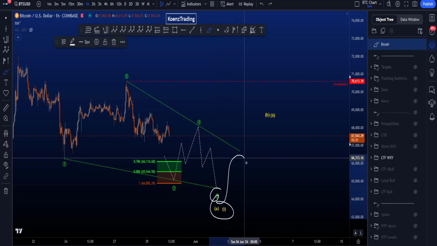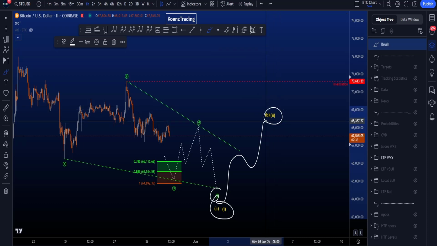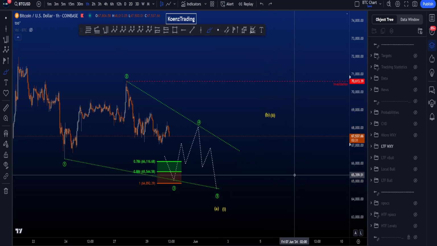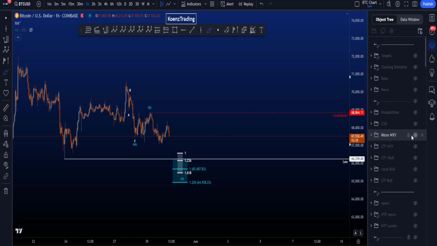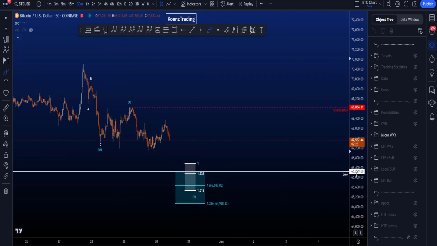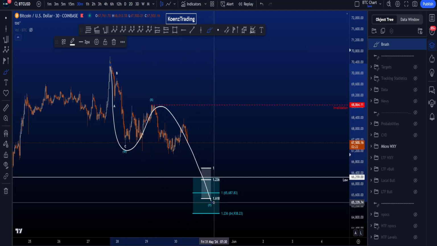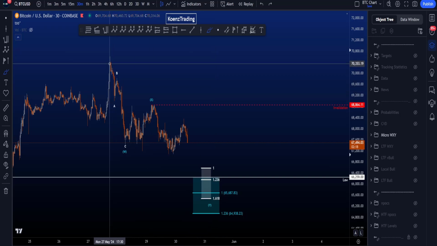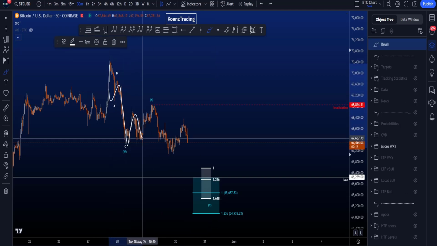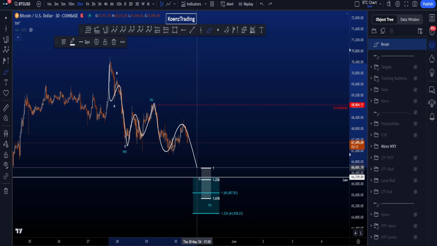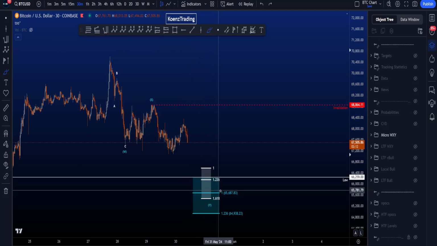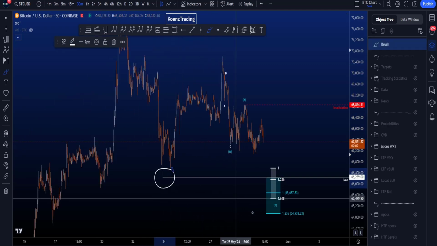A or a wave 1, look for a bigger 3-wave structure in B or 2, and then continuation to the downside in wave C or a wave 3. On the lower time frames, inside that green wave 3, we are then looking for a zigzag structure to the downside, or at least a zigzag family structure, because this is a WXY double zigzag with an ABC corrective structure in X, and looking for another ABC down in a wave Y, where you at least want to take out